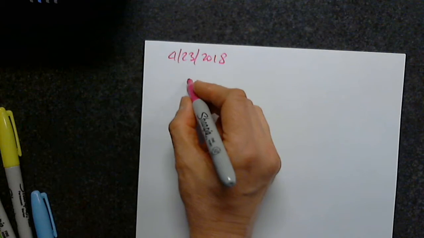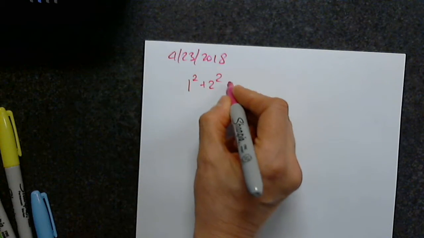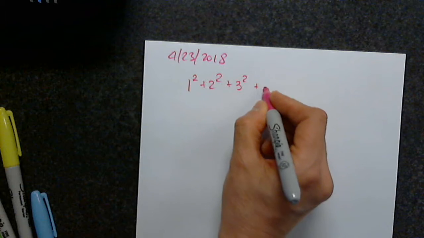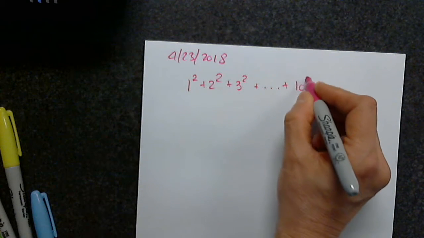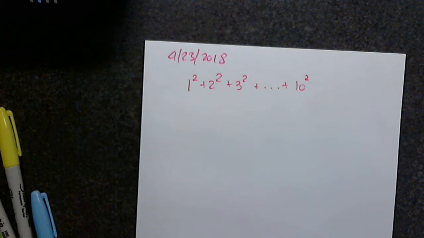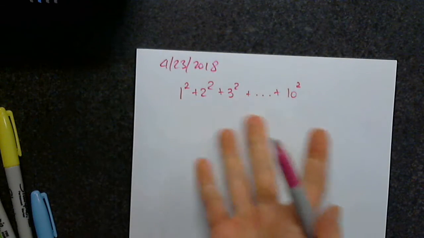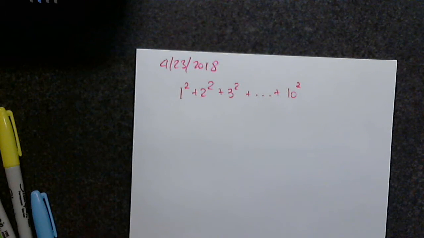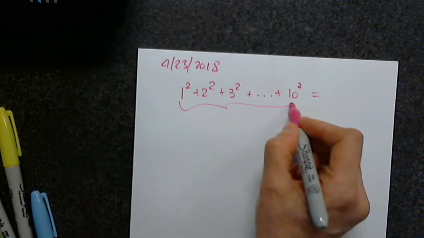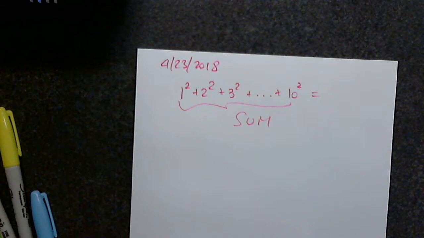So look at the following. Let's say I want to determine 1 squared plus 2 squared plus 3 squared plus dot dot dot plus 10 squared. I have a way of condensing all this into a very interesting notation. Since this is a sum of terms,